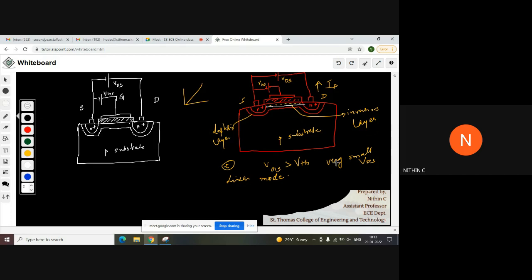That's fine. Now we are going to use the VDS. Initially, with small VDS you were having a linear mode. Now we are starting to increase the VDS value. Okay, we are starting to increase the VDS value. What happens when VDS is increased? How will that affect the structure? That is more important. So here you can see when VDS is increased, you see that this positive terminal